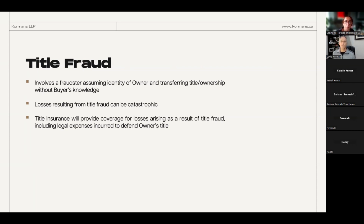So you've got certain coverages that help us close the transaction. But in addition to that, you've got coverage going forward if some fraudster comes along and tries to steal your identity and sell your property out from under you or refinance your property. And if those things happen, it gets thrown to the title insurance company. They'll protect the owner under their policy and they'll go chase the bad guys. And if they can collect, great. If they can't, that's too bad for the insurance company, but the owner will get protected. So that's critical. And that's one of the main reasons that we insist on title insurance when we close transactions,